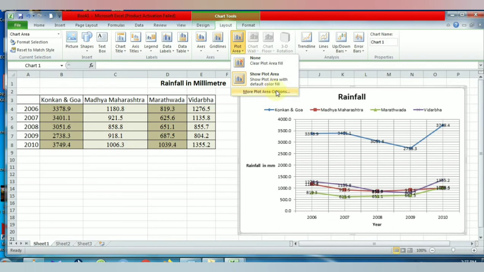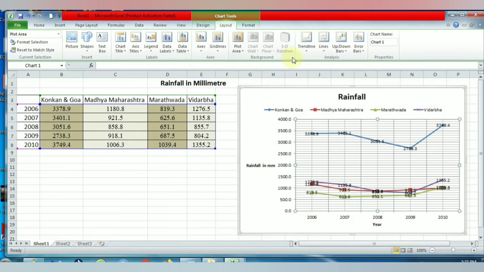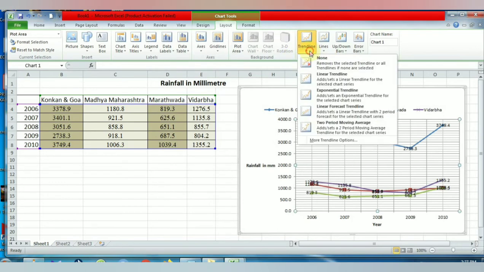So, now we will see the next option of the background. We have the option of plot area. Here various formatting options are made available. Now, the next option is analysis. Using trend line, we can add the trend line to the chart area.